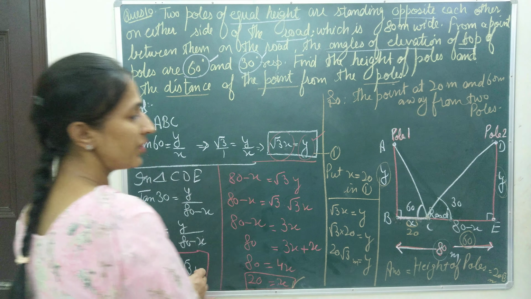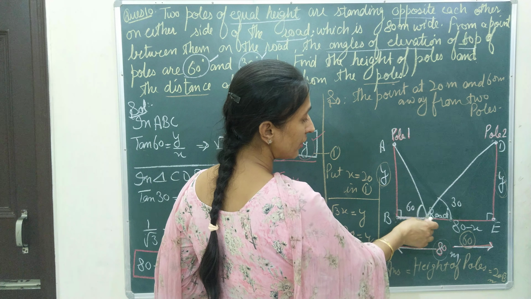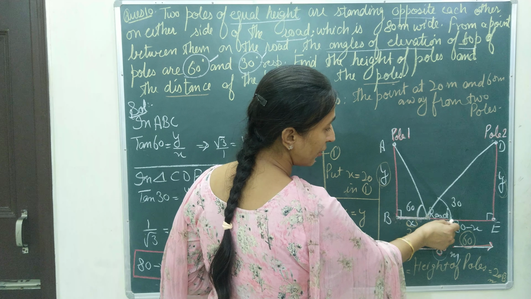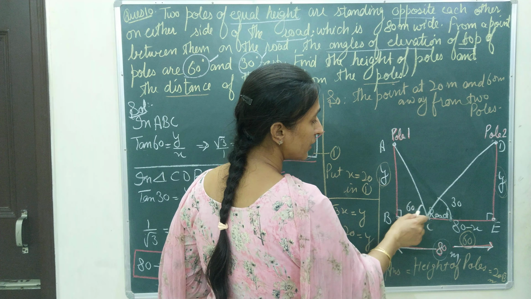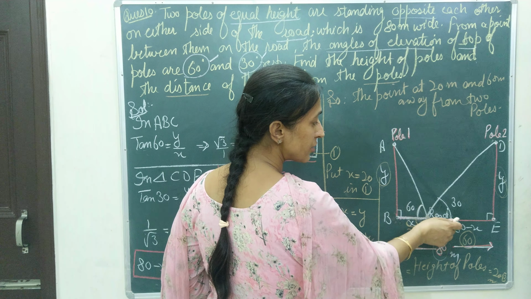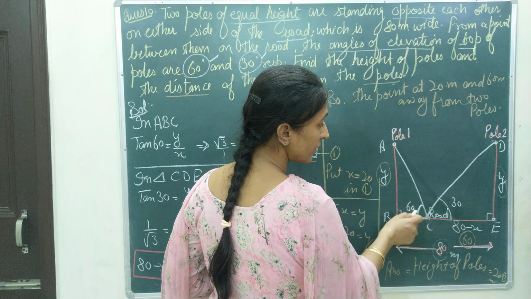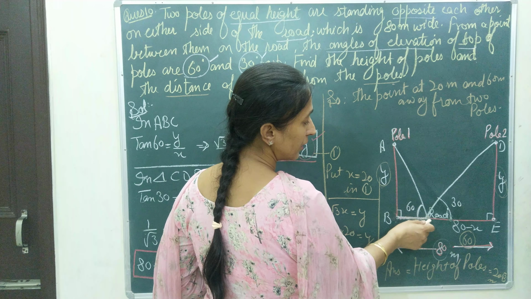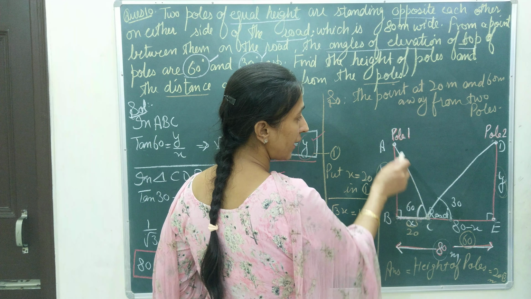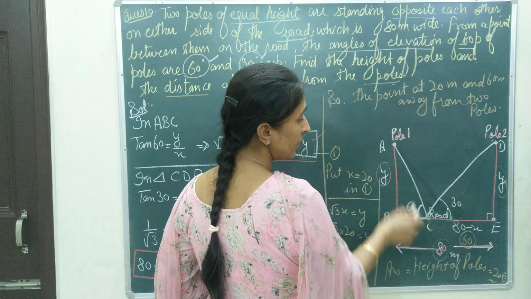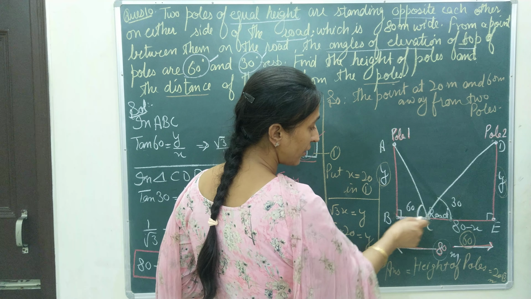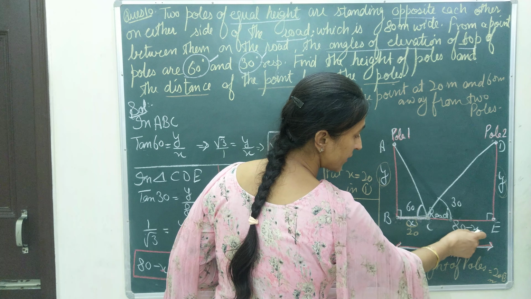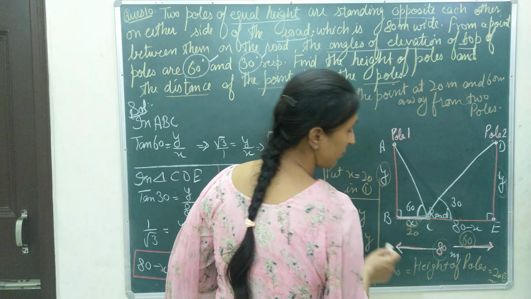So what we have done, we have chosen that the point will not lie just in the mid because the angles are different. If it lies at the midpoint of this road, then both angles given must be equal. As it is not in the mid because both angles were different, I am taking this on one side of the road. I have taken that the point from where the angles of elevation are formed lies on one side, and I supposed that the first distance is x, then the second distance will be 80 minus x because the whole road is 80 meters.